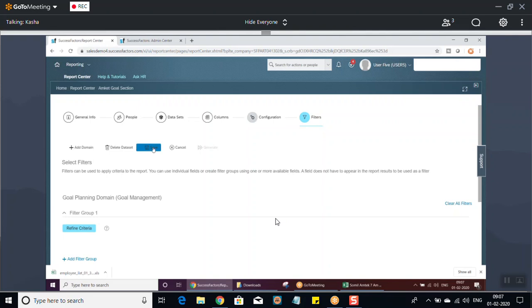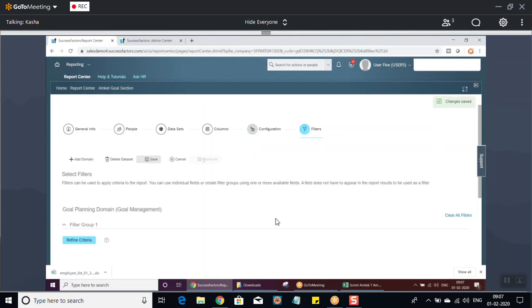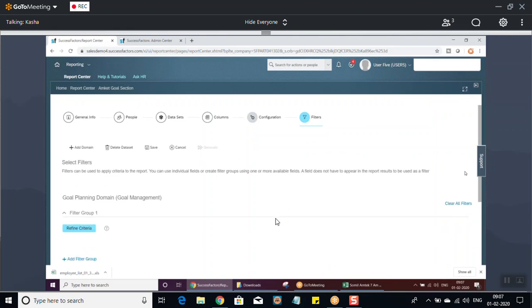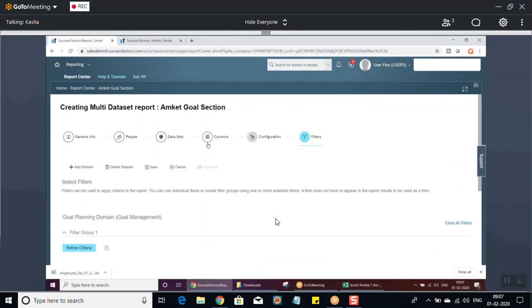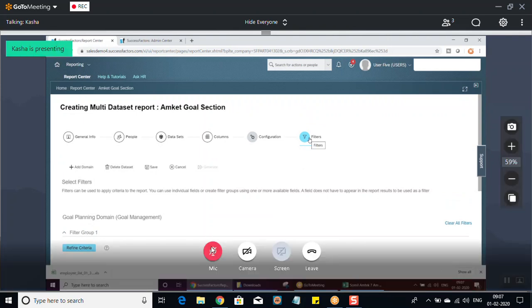So if you want to save this here, then after saving, what you'll have to do is generate this. Or this generate section is not opening up here. So once you save this, you can just come, and then like this, you can filter it out. Maybe if you want to filter it with the employee name or different people, in this section you can filter all these sections. And where all your this, hmm,